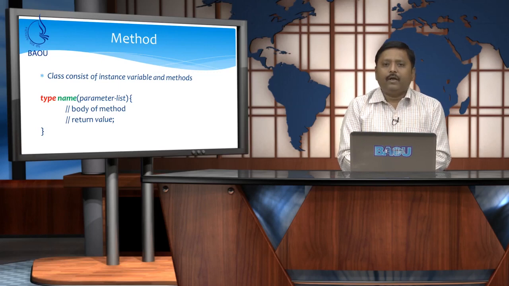For example, if I want to find the factorial of a number, then my return type is the factorial of the given number. So, I can assign long as the type, which is the return type for the method. My name may be factorial and the parameter it takes may be an integer of which we want to find the factorial. So, a method has 3 important components: return type, method name and parameter list.